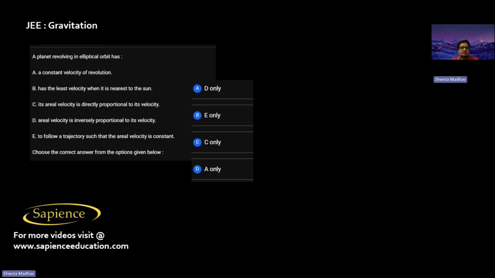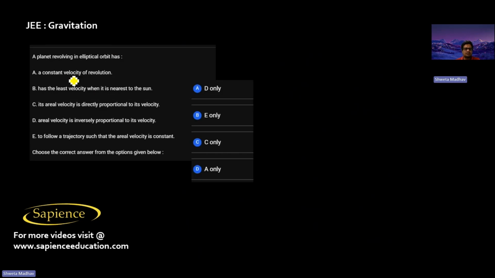And here it is told a planet revolving in an elliptical orbit has constant velocity of revolution. It is not true. It has the least velocity when it is nearest to the sun, which is false, since when it is nearest to the sun, it will have maximum velocity. Its areal velocity is directly proportional to the velocity, which is false, since areal velocity is constant. And areal velocity is inversely proportional to the velocity, that is also false. Since areal velocity, that is dA by dt, is constant, which is called the law of areas, which is Kepler's